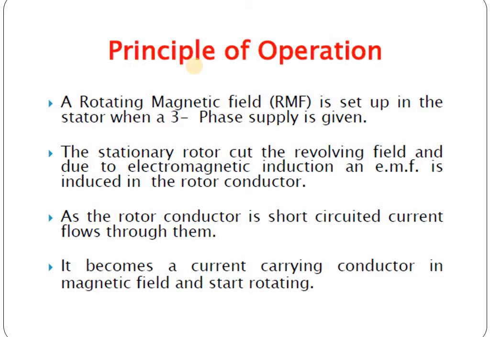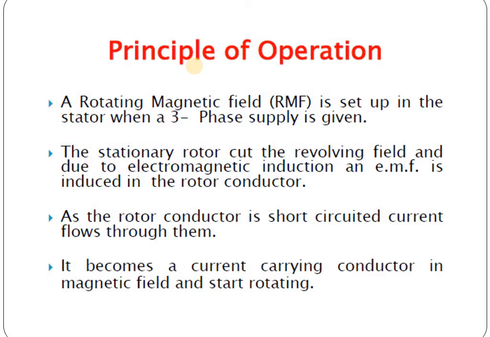By right-hand rule, we can determine the direction of induced current in the conductor. Since the magnetic field is rotating clockwise and the conductor is stationary, we can assume that the conductor is in motion in the anti-clockwise direction with respect to the magnetic field. By right-hand rule, the direction of induced current is downwards,